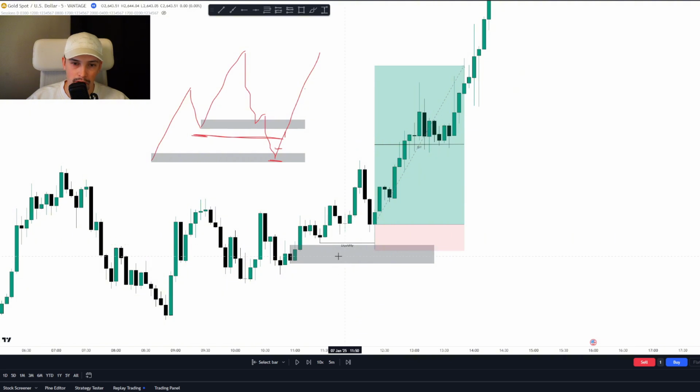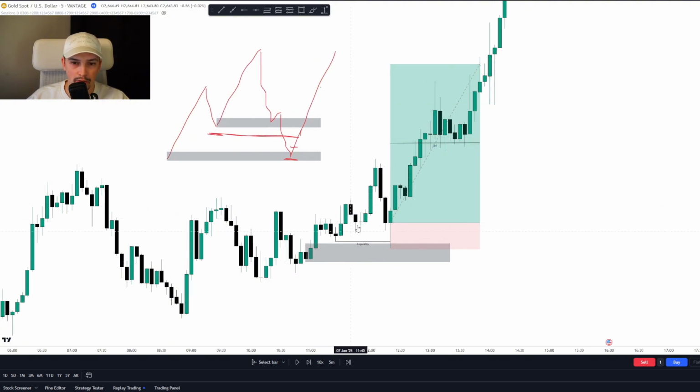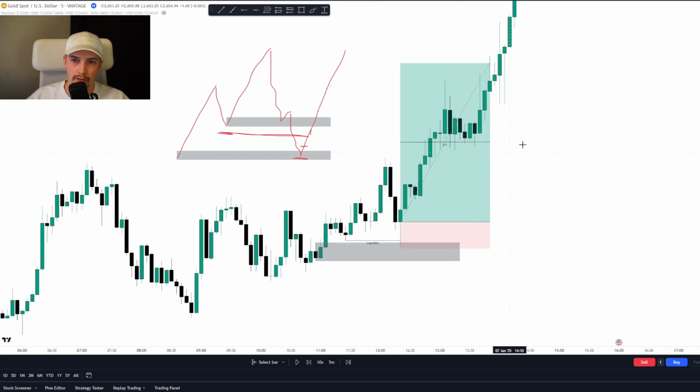In this example, you can see exactly the same. You have a normal supply and demand zone here, and a lot of traders got in here, but price didn't move much, just a little bit, and then it went down and went through the zone again and hit this zone. It's because you can see the liquidity here. It takes out the liquidity and has a huge reaction. The smart money doesn't want to buy here, but a lot of retailers buy here and have their stop losses under here. But as soon as price takes it out, it reacts very well,